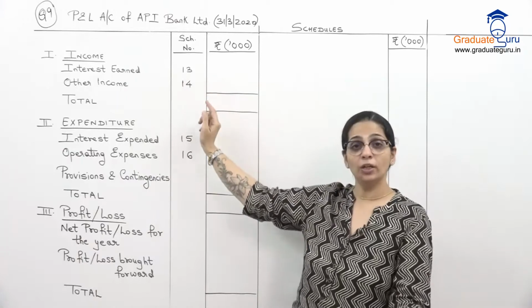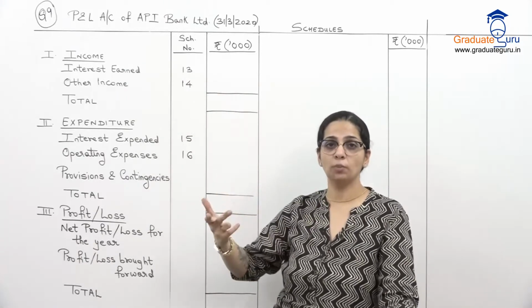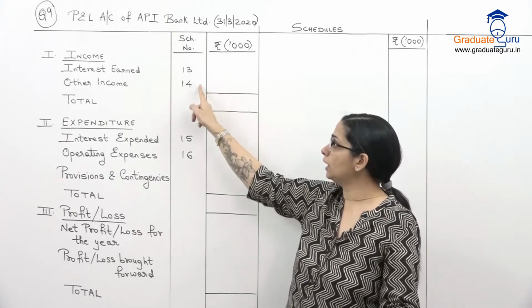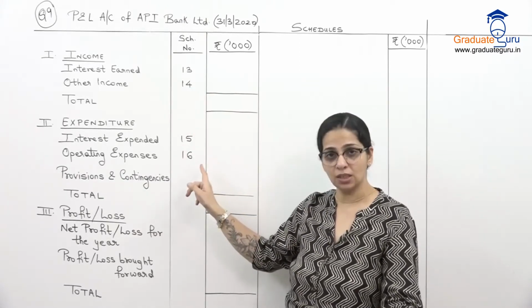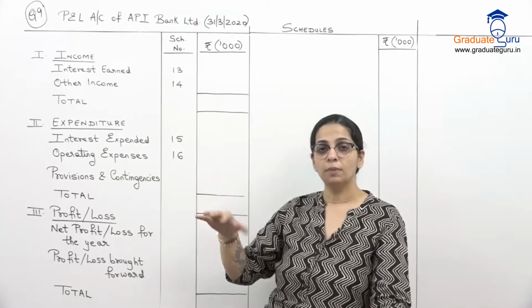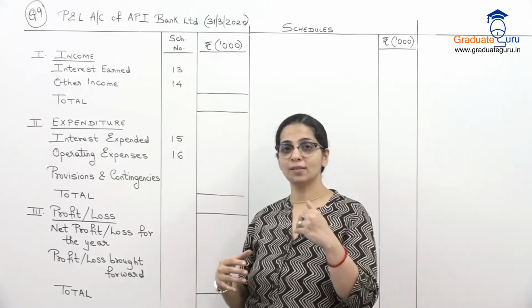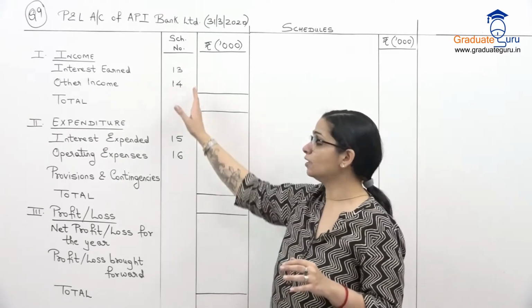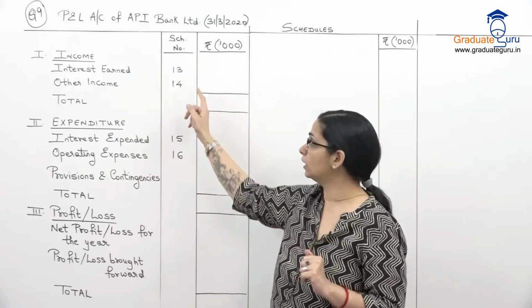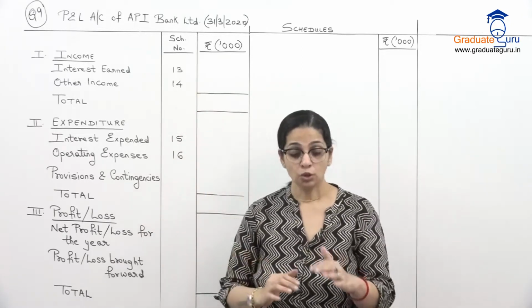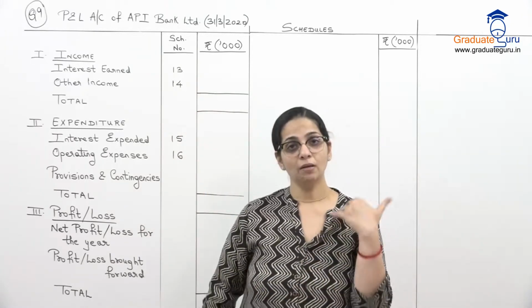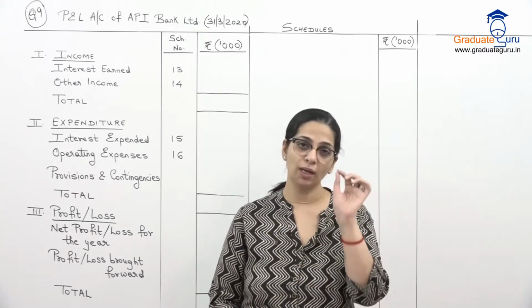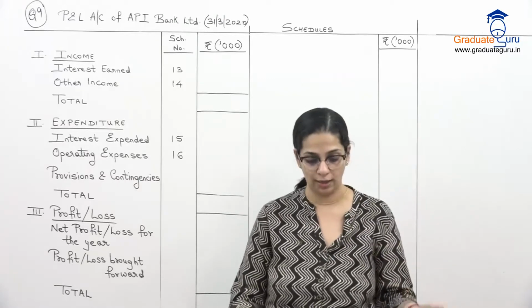And the schedule number I cannot change according to my sum. So हमेशा P&L का sum रहेगा, तो schedule number will be 13, 14, 15 and 16. And we'll not start with 1 because schedule number 1, 2 etc. are for balance sheet. So that we'll see in the later sums. So यहाँ पे ये 4 schedules हमें लगेंगे, that is 13, 14, 15, 16. So as I read the sum, we'll discuss and I'll tell you which schedule it will go in, so you can keep on marking accordingly at your level.